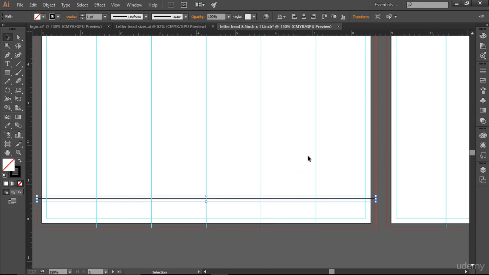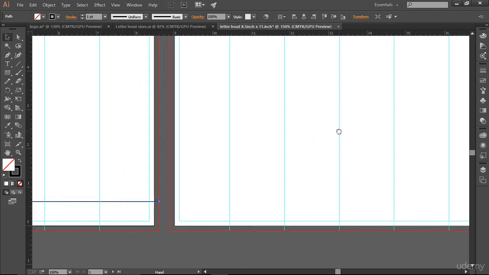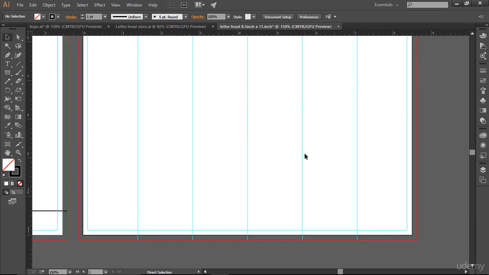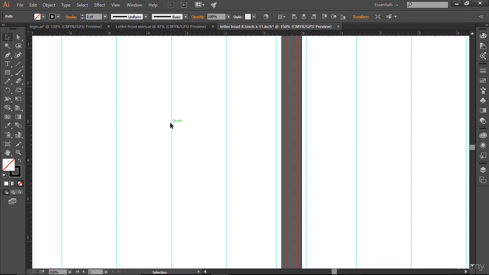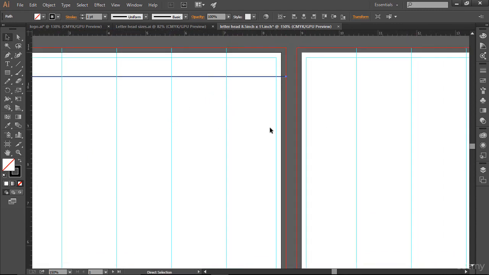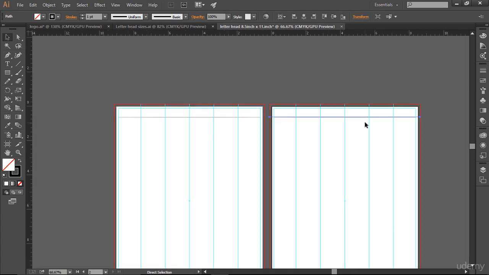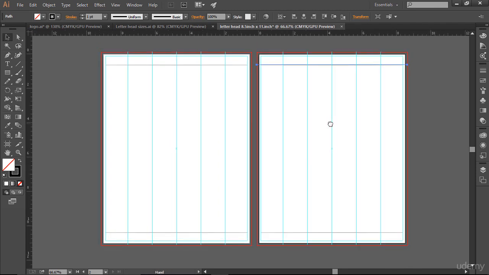Now I can copy it from here, click here, and press Control Shift V to paste in place. That's great. Now I can go back up, copy this one, click here, and press Control Shift V to paste in place. Now if I hit Control minus minus, you can see we have our letterhead size with the proper setup. So now we have set up our letterhead size and created the safe zone area,